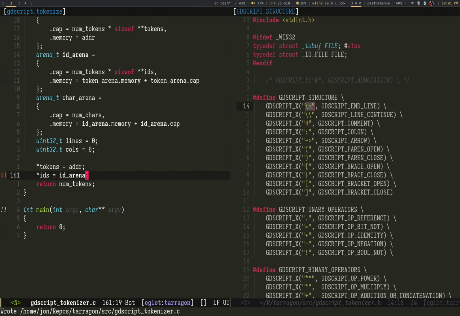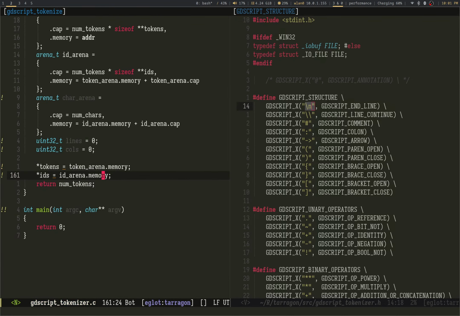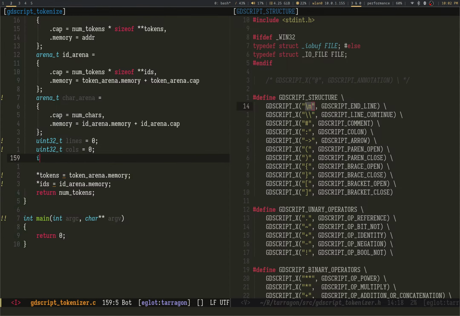Yep, I can. Dot memory, of course. And what's nice about this is now I can just, this is it. This is how I return it.